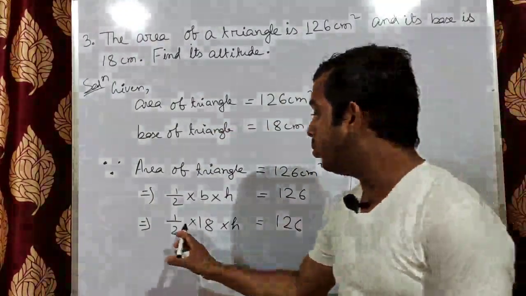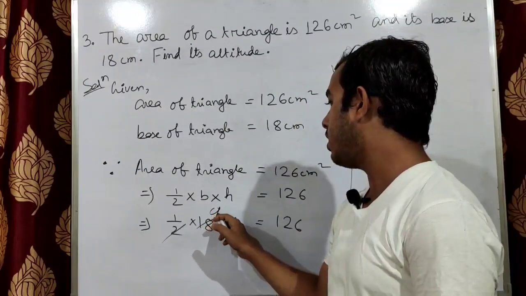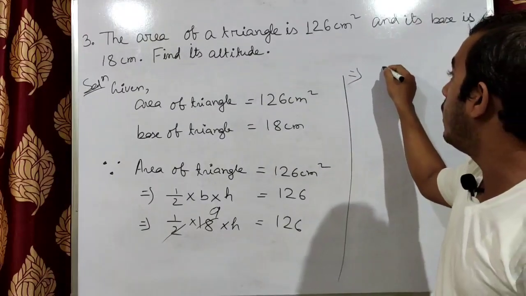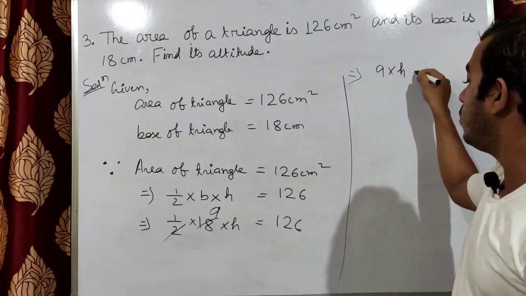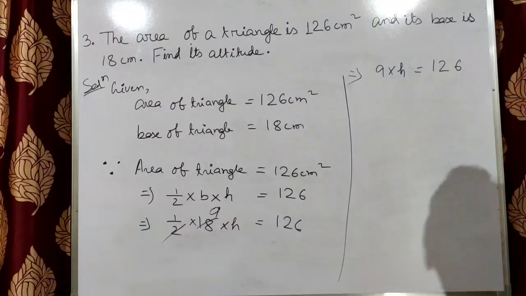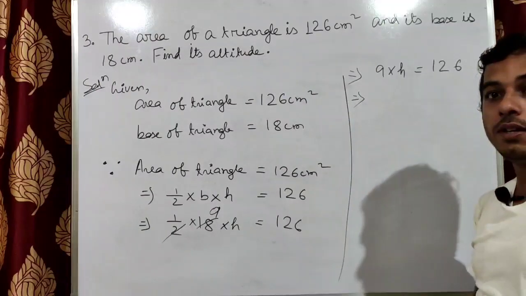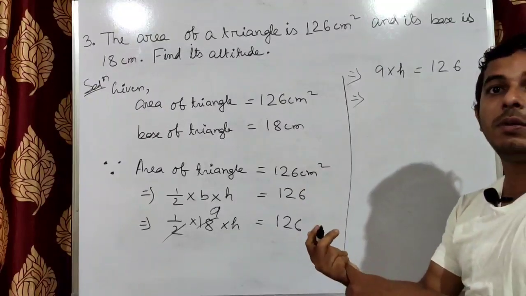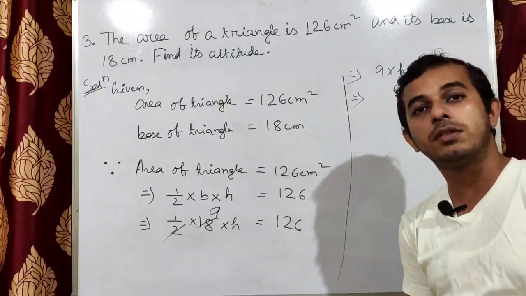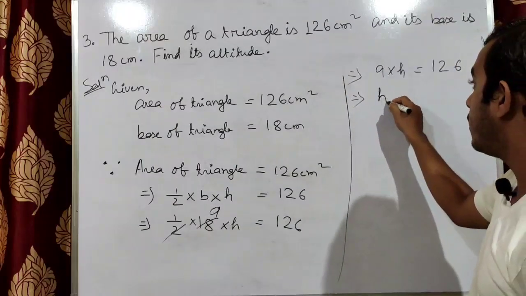So here look, 2 and 18 will get cancelled, and it will be 9, right? 2 into 9 is 18. So now our next line will be 9 into h equals 126. Clear? Okay, now we know one thing. When a number is multiplied with a variable, to find the variable we change the side of the number, right? And in the process, if it is multiplied, it will get divided. So we will write h equals